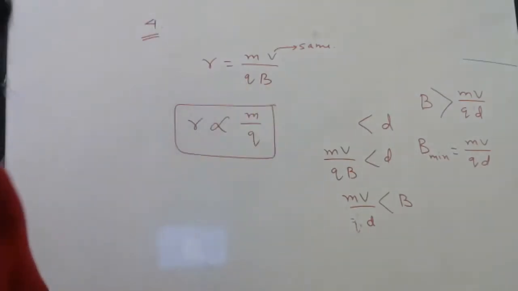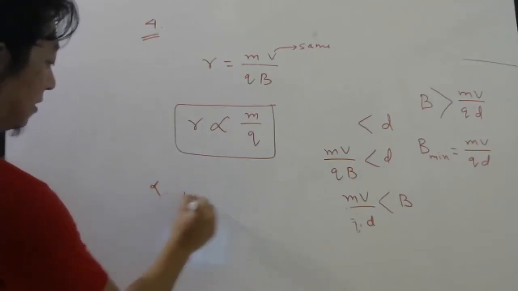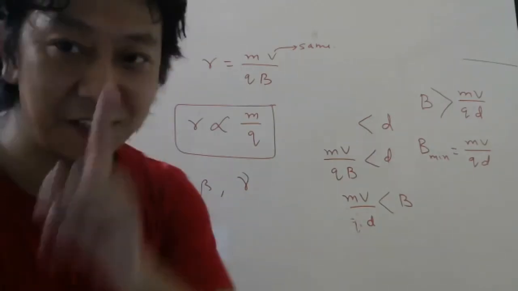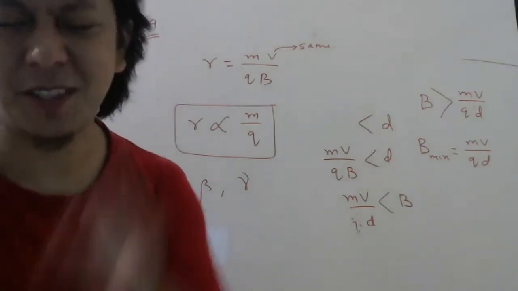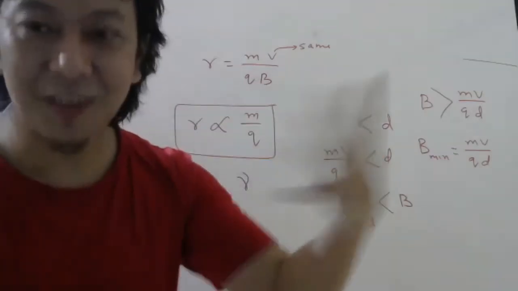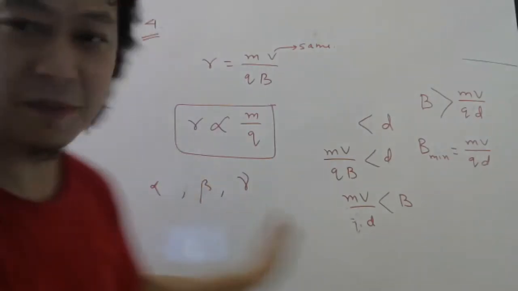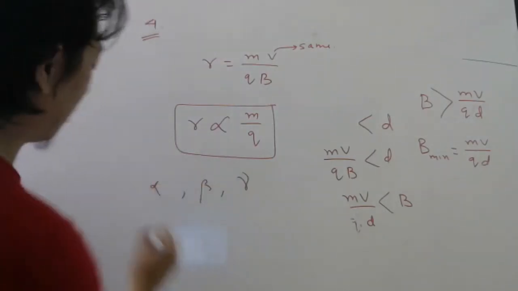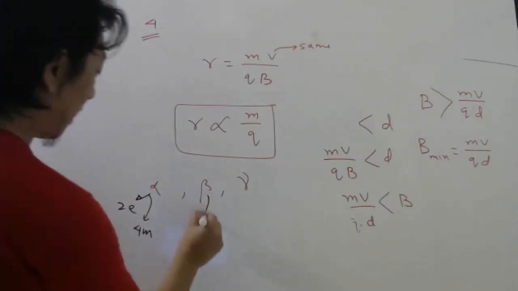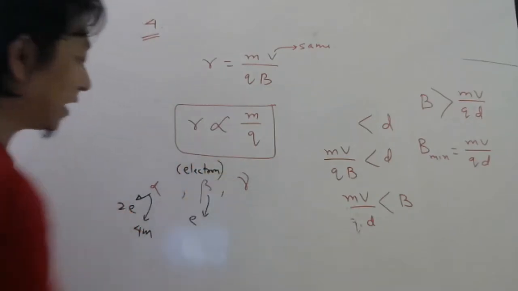Okay, students. Now, three particles are given: alpha, beta, gamma. Again, I will teach you these three things in radioactivity, which is the 13th chapter, so it will take a lot of time before I reach there. But I'm sure you have some idea about what alpha, beta, and gamma are. Alpha, I already told you, has charge 2e, mass 4m. Beta has charge e, because beta is nothing but electron.